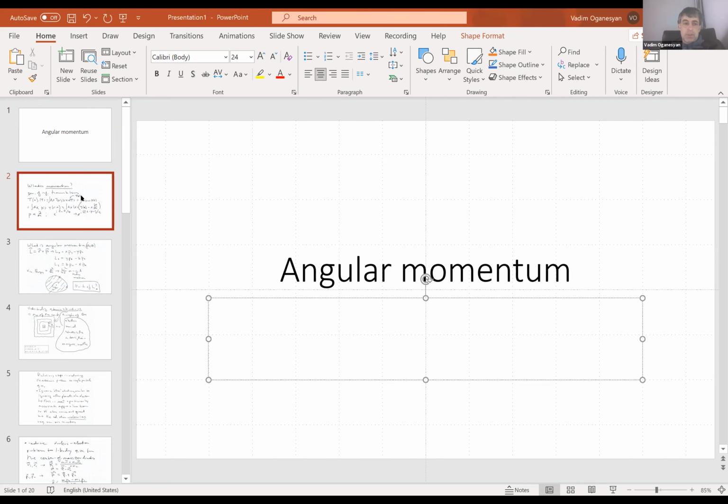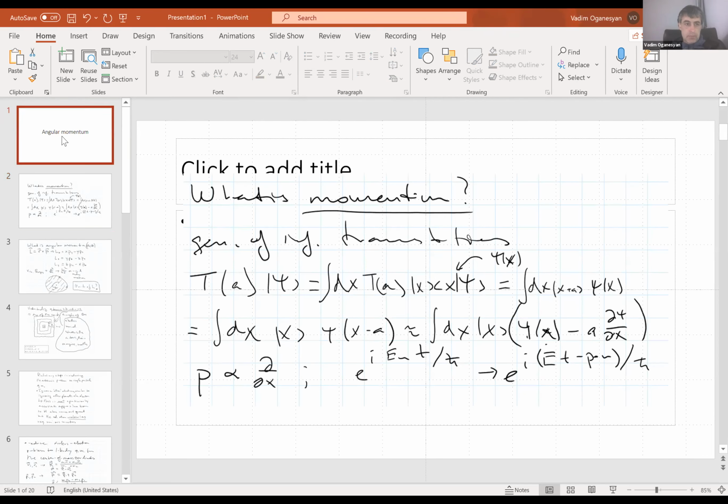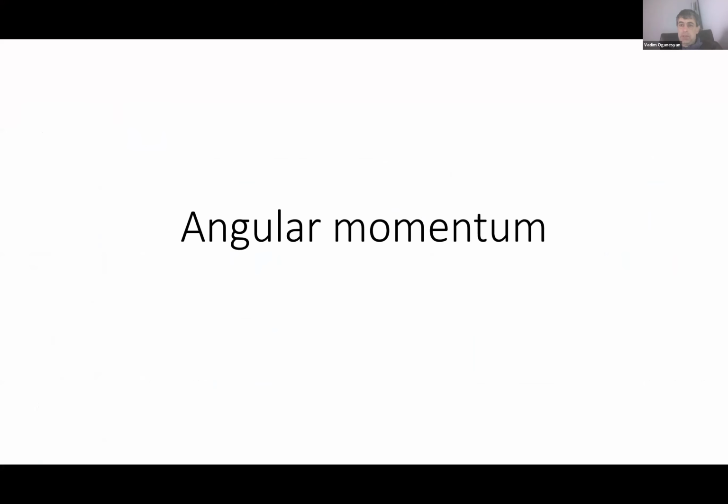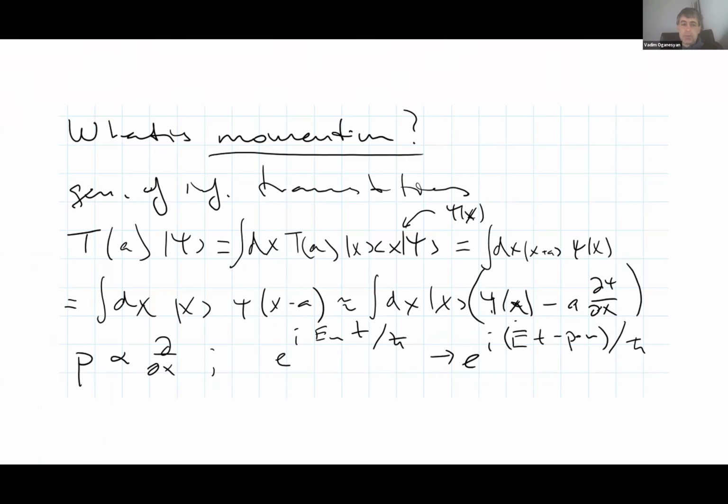Anyway, all right, moving right along. We're going to be talking about angular momentum, and I thought that maybe I would take this as an opportunity to fill in a gap that we left earlier this semester when we talked about momentum. When we talked about momentum, I followed the approach of some of the basic quantum mechanics books, which give you the definition, which is h bar over i d by dx, and